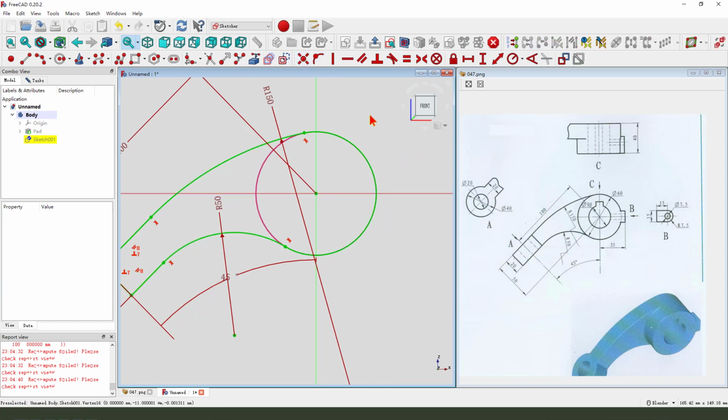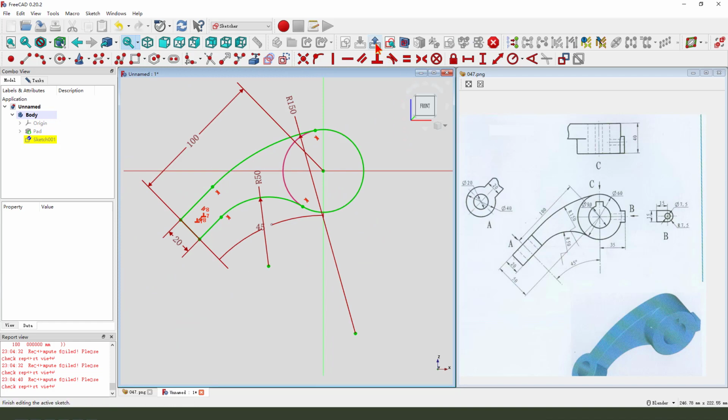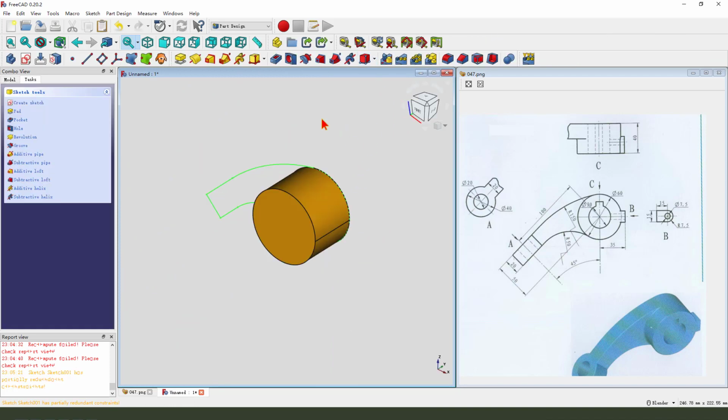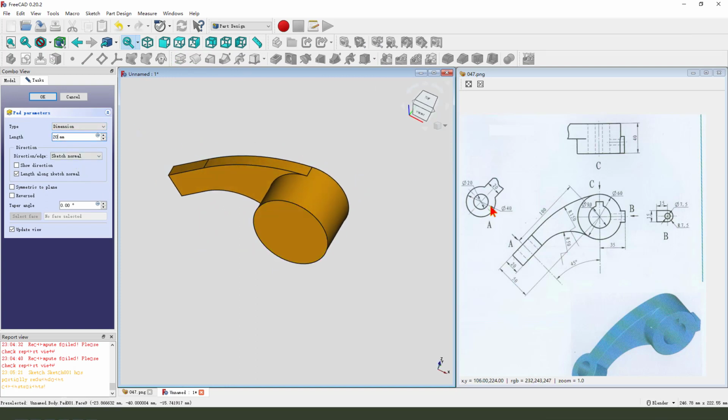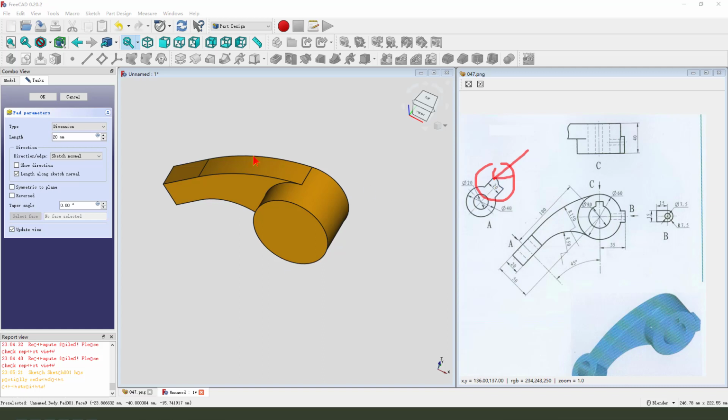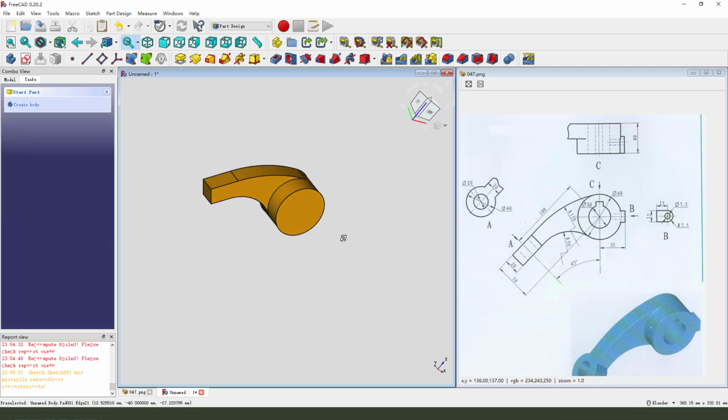See that. Leave the sketch. Pad 20. Here, dimension. Okay. Next, we need to create